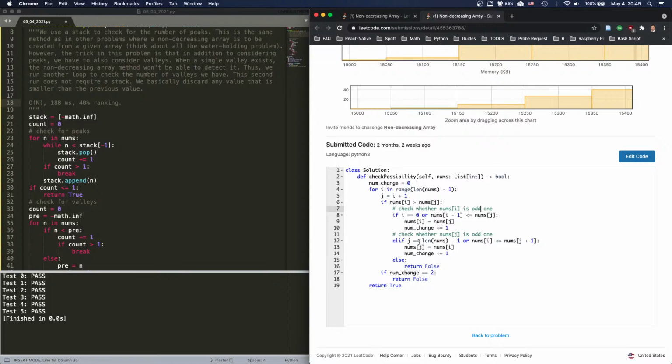Else, well, j is the odd one out. So we check i, j, and j plus 1. If j is the last one, or i is smaller than j plus 1, then j is the odd one out. So we say j equals i, num change plus 1. Else, which means i is larger than this,